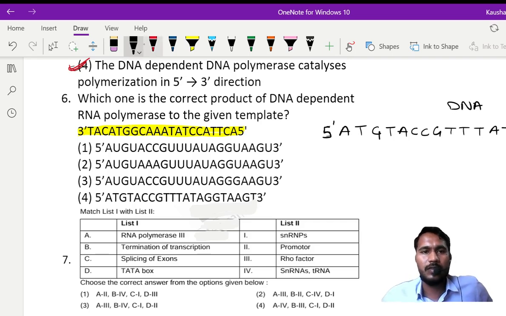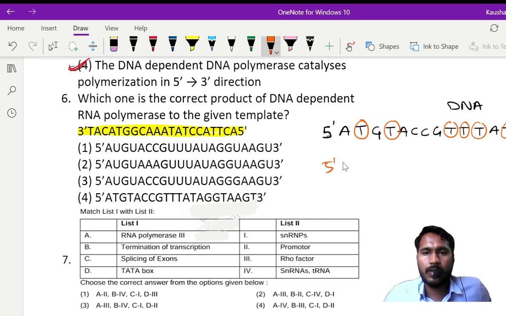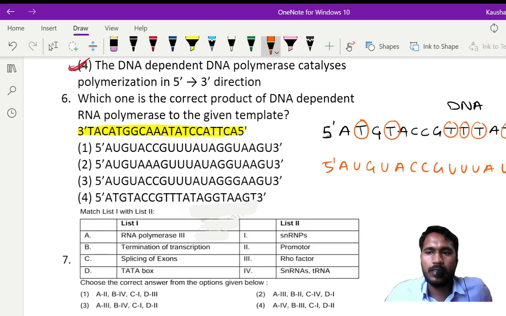Okay, now you replace all the T with U. Then it will be your answer. So your answer will be what? 5 prime to 3 prime: A U G U A C C G U U U A U A G G U A G U